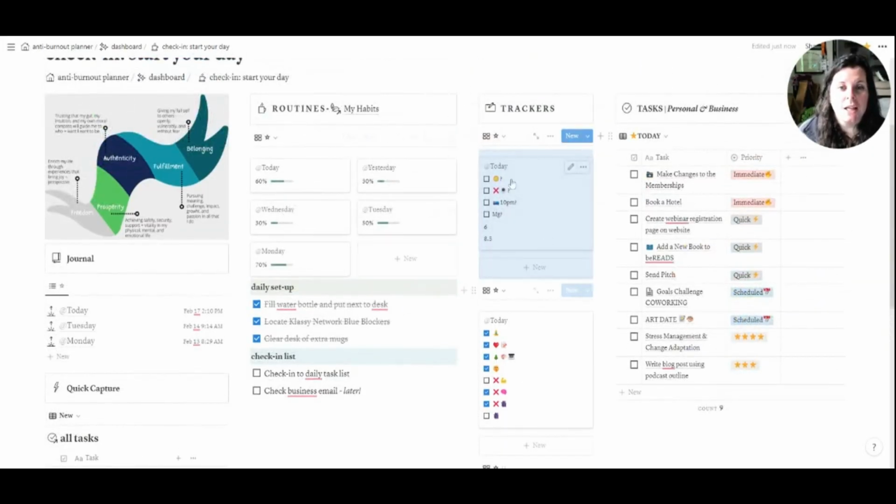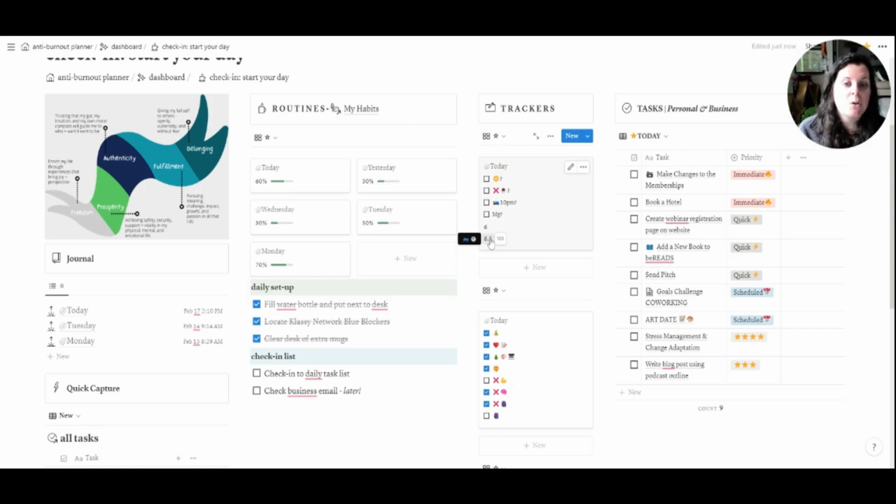I just dragged this one up to the top because honestly, this is the one that I usually check in on first. You can see there's a couple different things in here. This number right here is the amount of hours that I spend in bed or that I sleep. I have an Apple Watch that tracks this for me, so I just go in and plug in the hours that I slept that week. This is something that gets pulled into my weekly review, which is why I do it. This one right here is the hours that I was actually in bed.